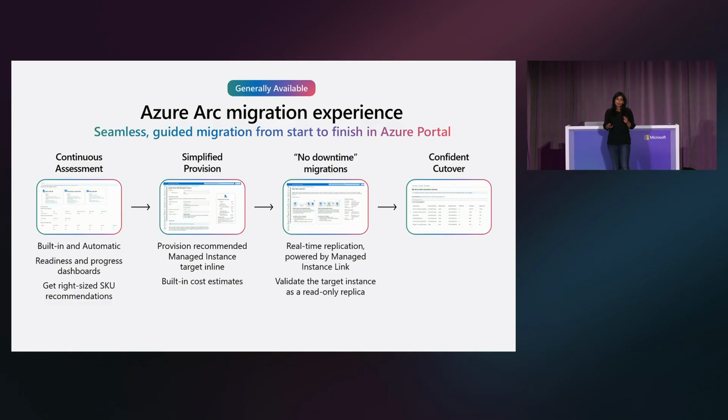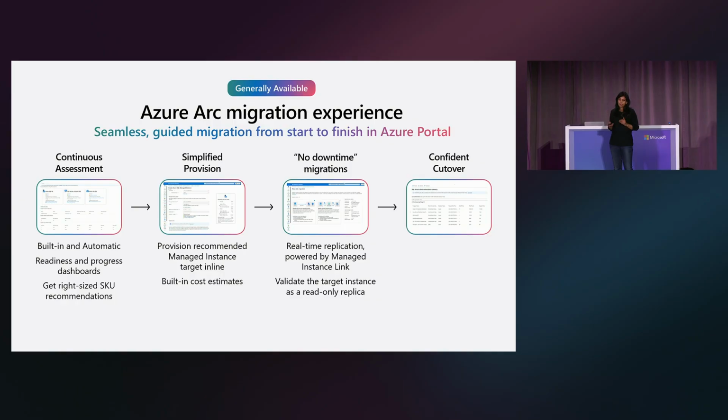Now that the target server is set up, you're ready to migrate the data, and these are no downtime migrations. Here we give you real-time replication through Managed Instance Link. In this case, we set up a distributed availability group, so your source remains untouched. If you have production workloads, you don't have to worry about any downtime or impact to them. The target is set as a read-only replica,